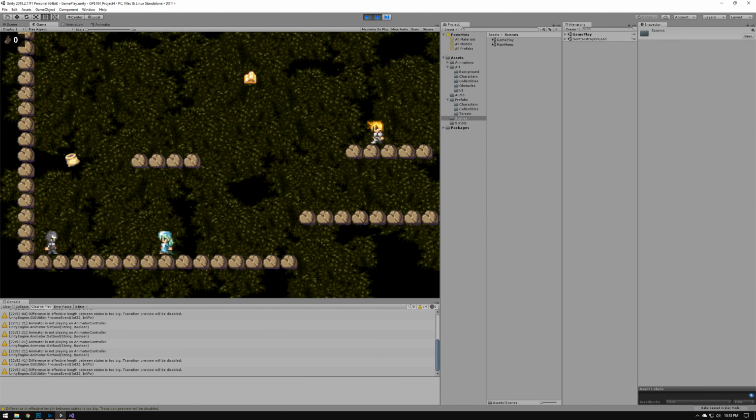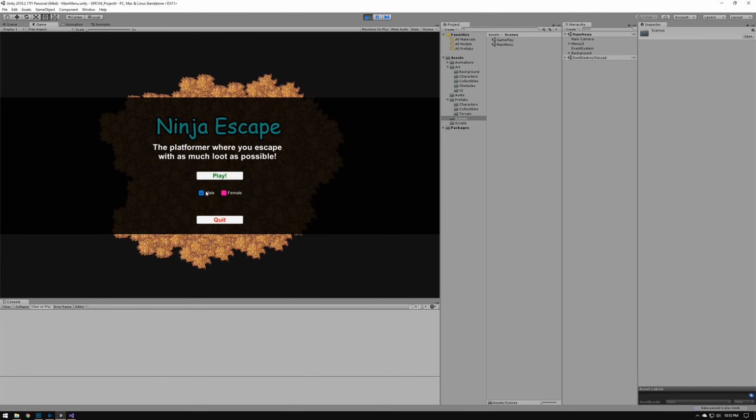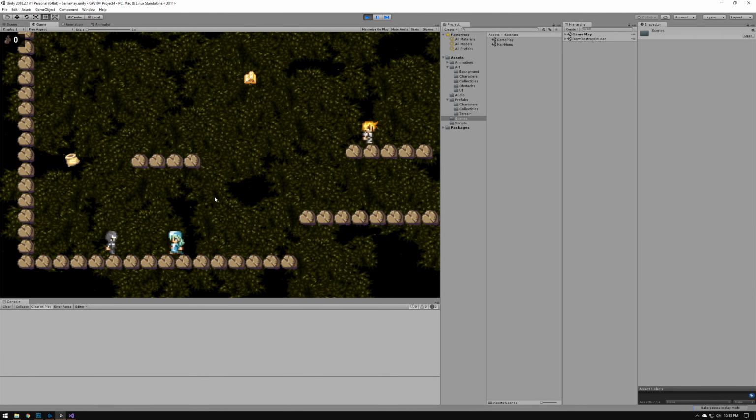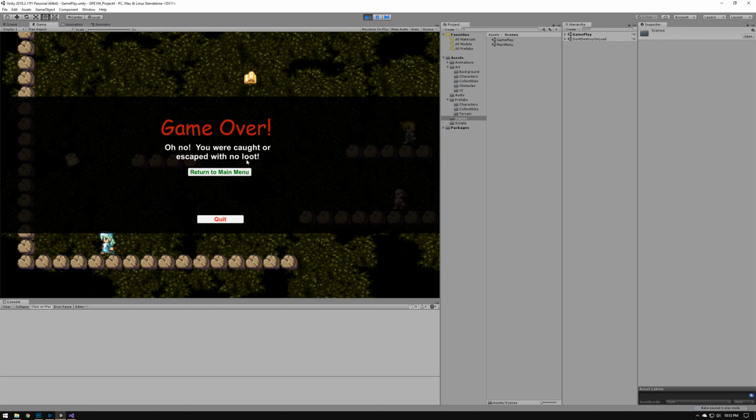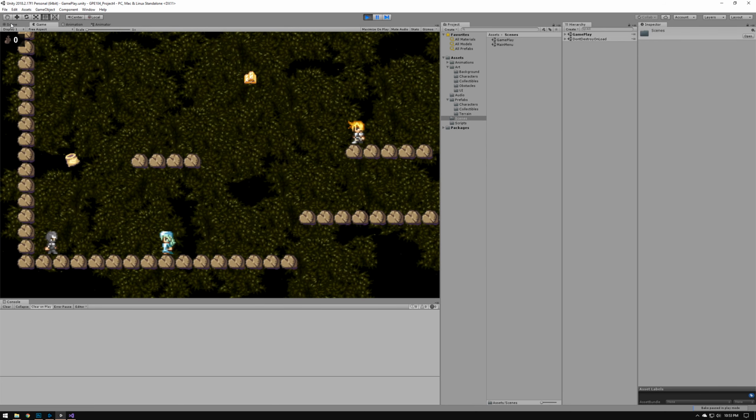Alright, next item. Start screen, victory screen, fail screen. So this is my start screen, which is my main menu where you can hit play, select female, male, or quit. When you hit play, my losing menu, my game over screen, lets you return to main menu or quit. If I play again, I go in here and cheat,